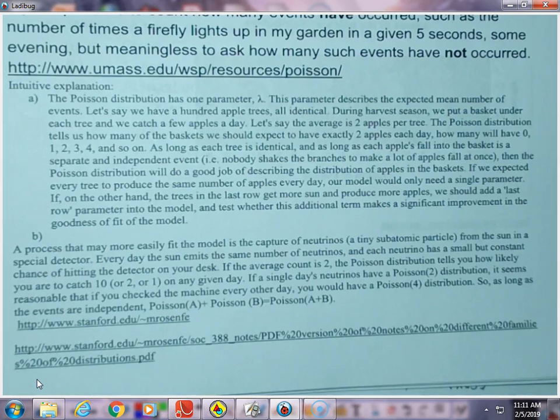So, as long as each tree is identical, or close enough, about the same, and as long as each apple's fall into the basket is a separate and independent event, and Tanner doesn't go and shake the tree and try to make his basket come out to be more, then we can expect the Poisson distribution to do a good job. However,